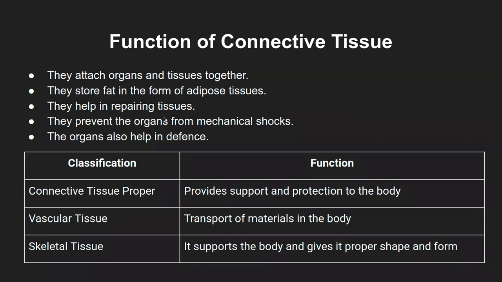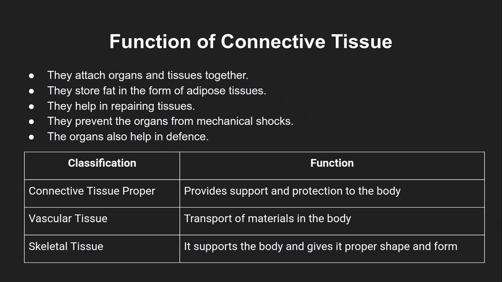So they help in repairing tissues. For example, with a ligament tear, that is helping the whole joint repair back to its normal. And it keeps the structure intact. Also, in the case of cartilages, because they are present with fewer cells and more of the intercellular matrix, that also helps in the repairing of the tissue.